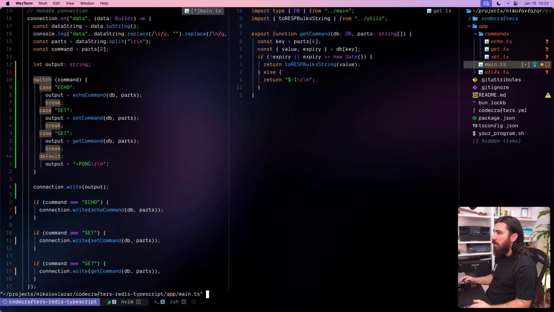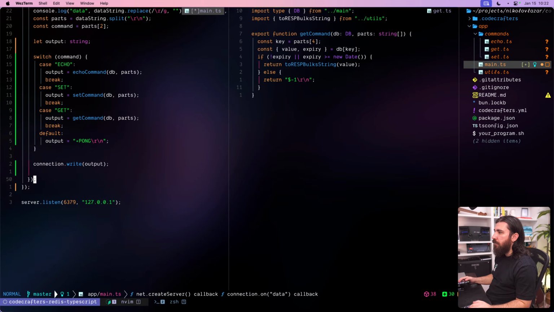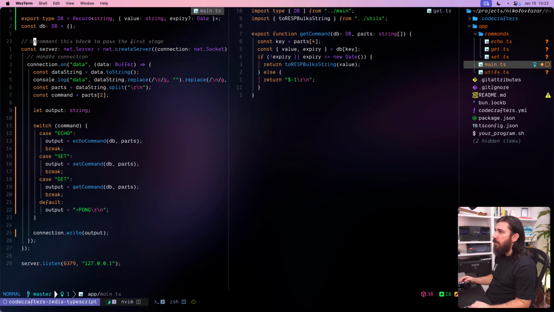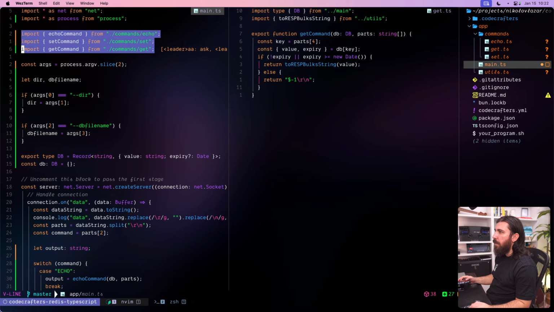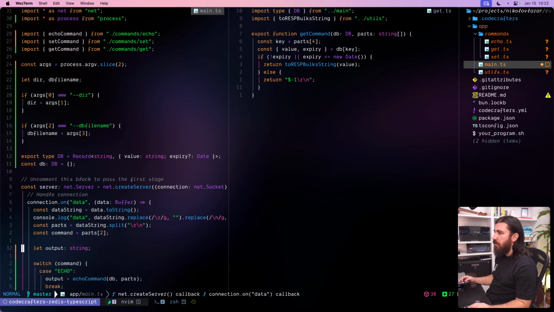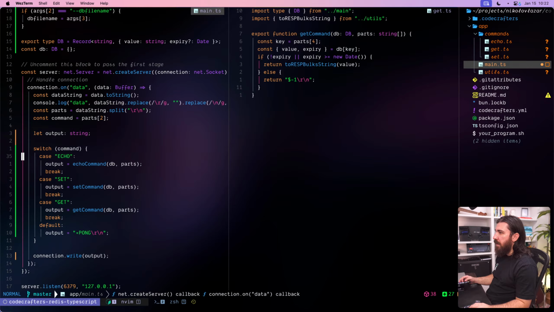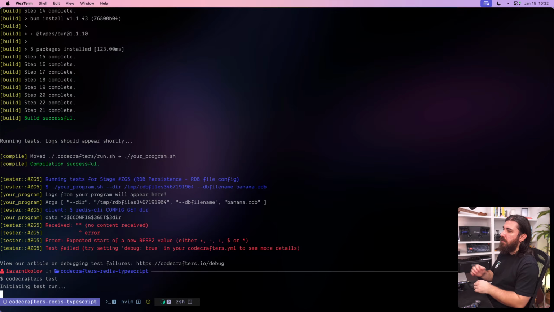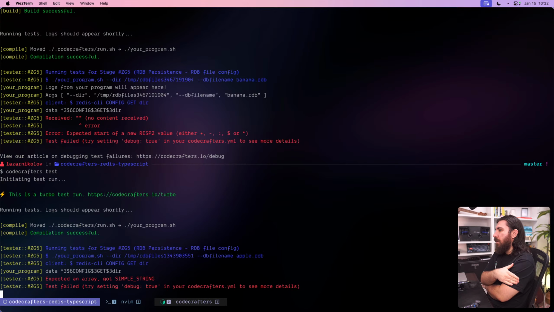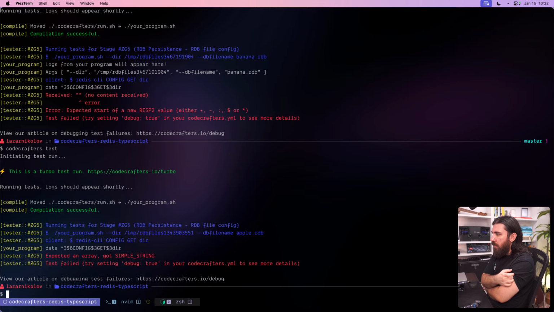There we go. Now we don't need these. That's it. We have all the commands here. We're parsing the arguments. We got the parse and the command. Based on the command, we invoke a specific one. We grab the output and we write the output back. That's always the case. Let me just test to make sure that we have this correctly implemented. Yeah, everything is done until this point, and now we need to do the get